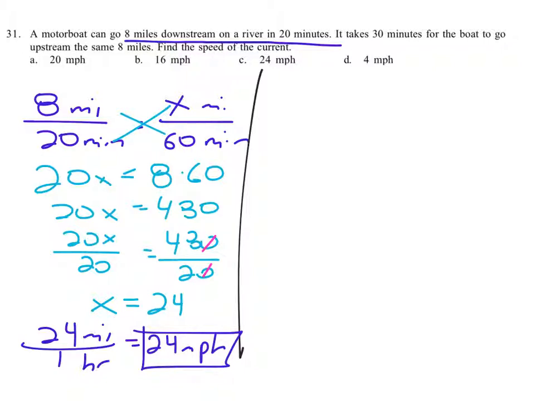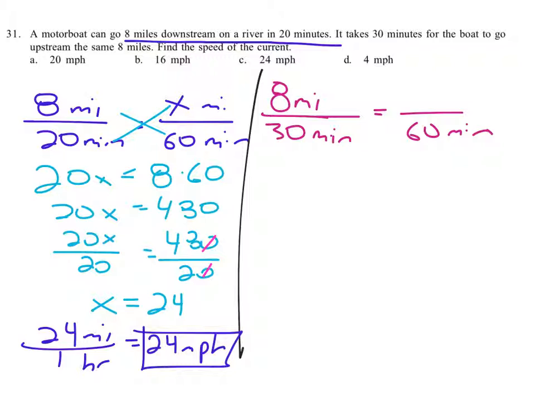Now, how do we do this other bit? Well, we want to do the same thing. We want to take what we know. You're going the same distance, you're going 8 miles, but now it's taking you 30 minutes to do it because you're coming upstream and you're fighting the current. So what is that in 60 minutes? What's the rate of speed at 60 minutes? Well, you'd go at that same speed, 8 miles in 30 minutes would be how many miles in 60 minutes? You might be able to do this in your head, but essentially we're doing the cross products